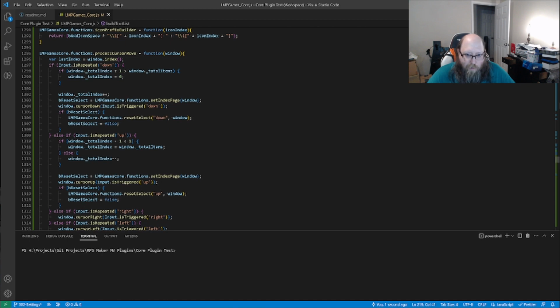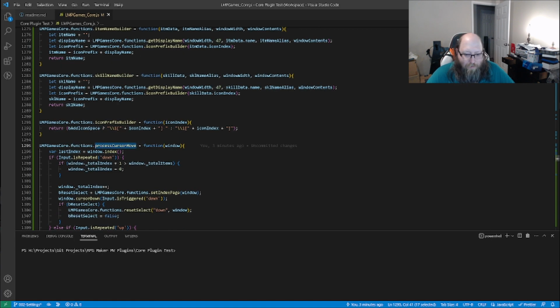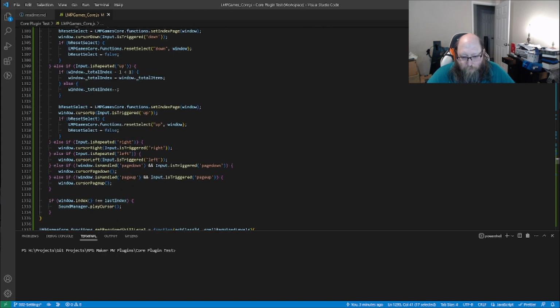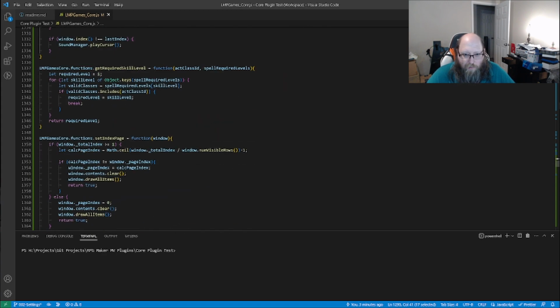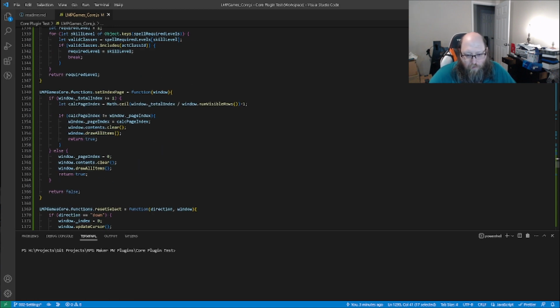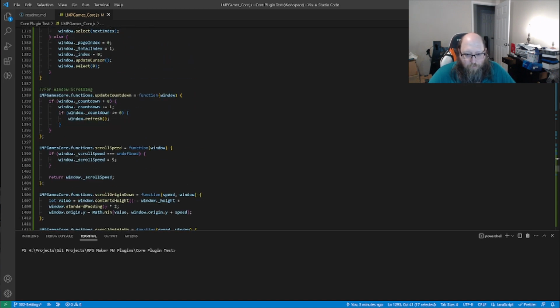Process cursor move, so I actually rewrote the way that select windows operate, and this is what this code does. And again, a lot of this will make more sense as we go talking about windows and how things can be displayed, because most of the stuff in here is dealing with windows and displaying things in windows. Required skill level, used for a couple different things to determine if the skill level matches what the character level is. Window scrolling stuff,